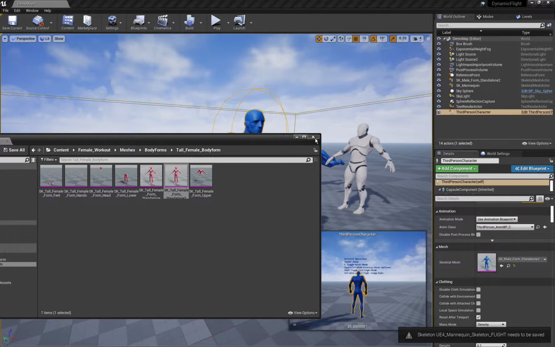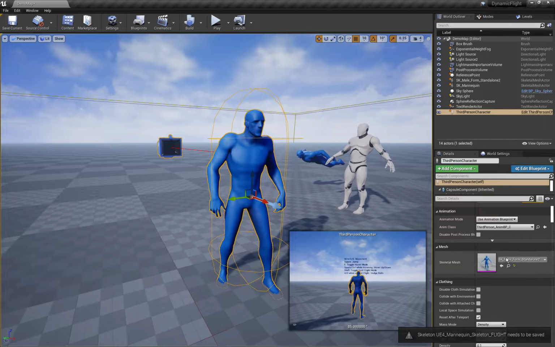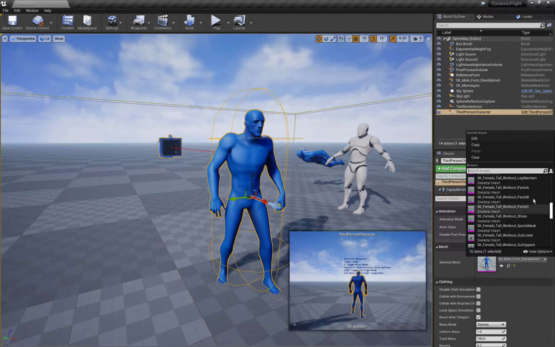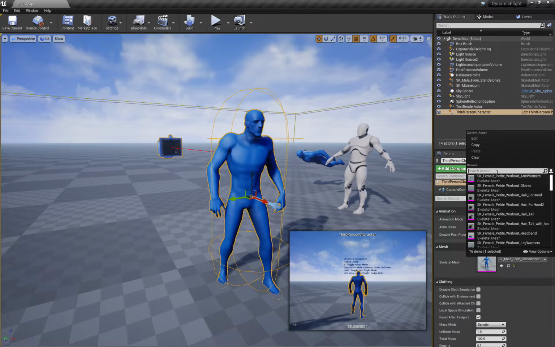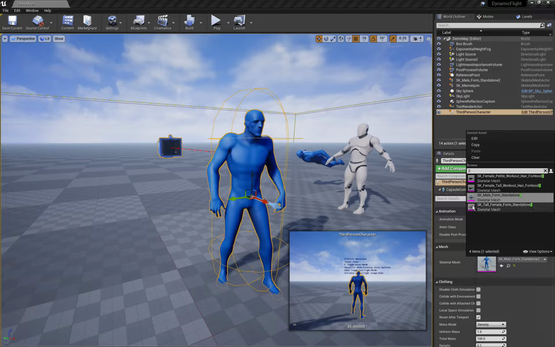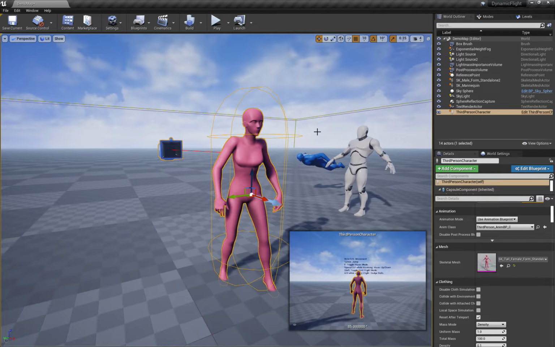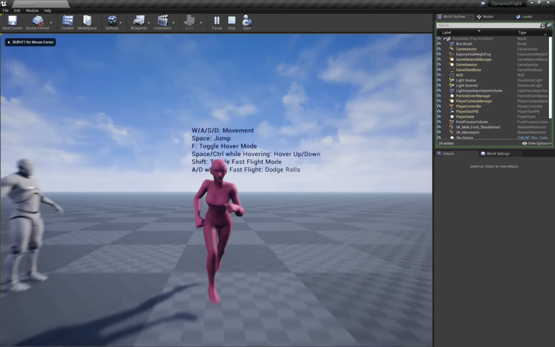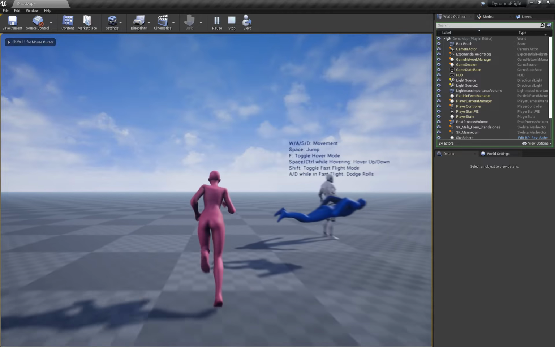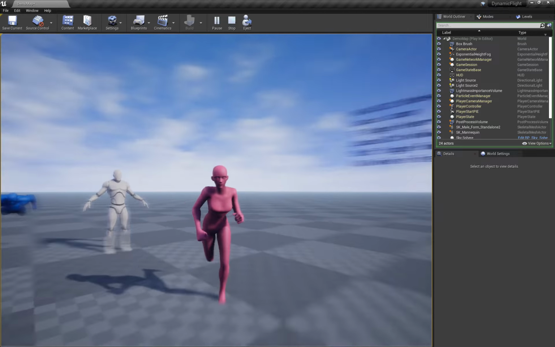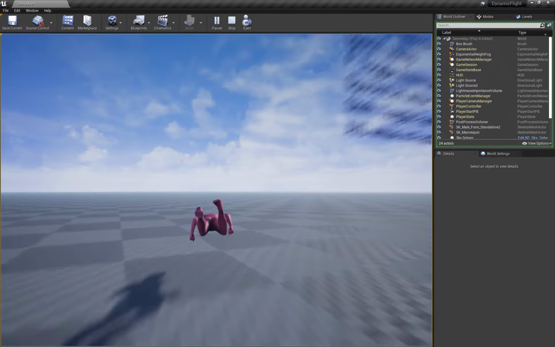So now that it's done, it should show up in the list as well, under female. Tall female, standalone 2. And now she's driven by the flight skeleton. Alright, so now we have a female that looks like a female, like she's not been disproportionate in any way, and she's compatible